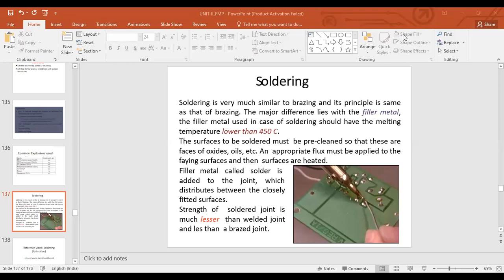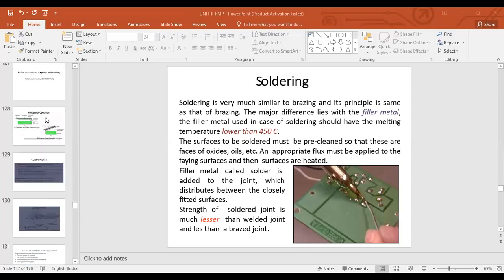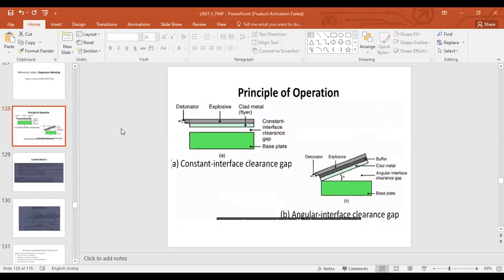So in the last class, we had ended with explosion welding, right? So just a quick summary of that. We'll go through. Right. So you see, as for the principle of operation for explosion welding, we saw that we'll keep a gap in